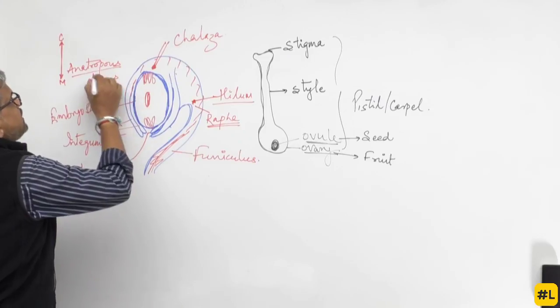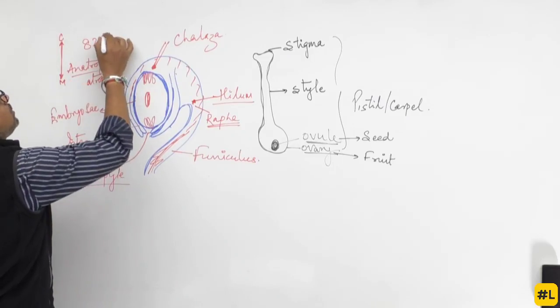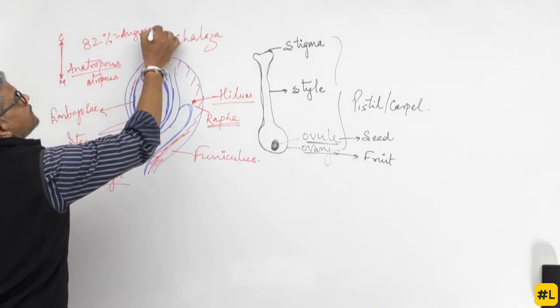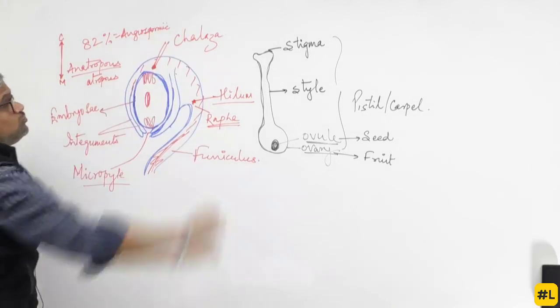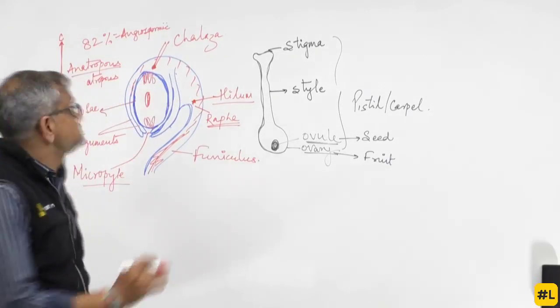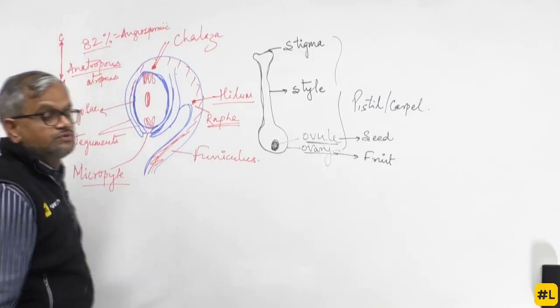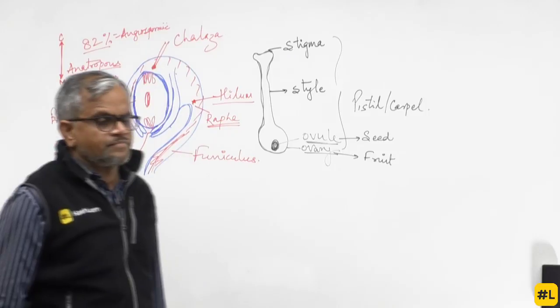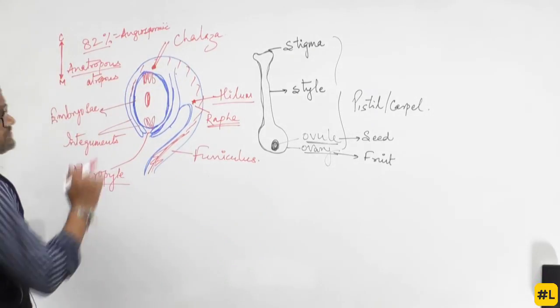Why sir? Because 82% of angiospermic families exhibit anatropous ovule. I repeat,